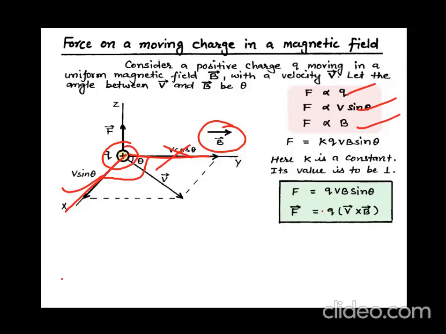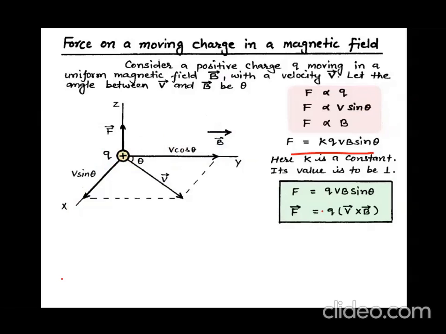Third factor on which the magnetic force depends is the external magnetic field. आपकी जो externally आप magnetic field supply कर रहे हो, it depends upon the magnitude of that. More is the magnitude of external magnetic field, more will be the magnetic force acting on this chotu plus Q charge, right? If we combine all these three parameters, we will get F is proportional to QVB sin theta,